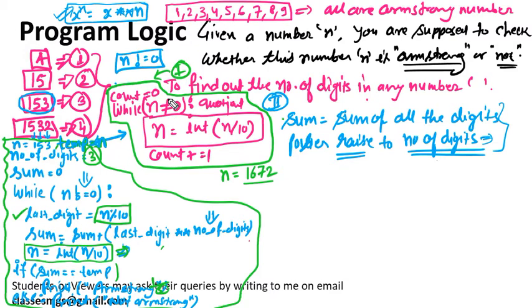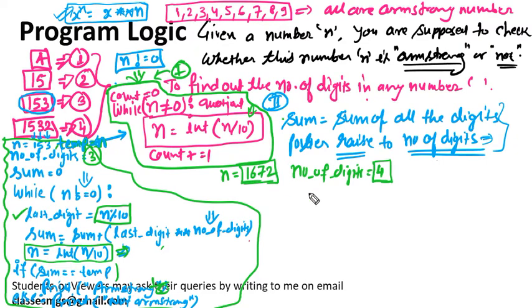This way it will work, because in this logic we are only skipping the remainder part. We are running the same loop here also, so you will get the idea. Let's suppose the number of digits we are getting already using this program is 4. I have already explained how this loop will help you calculate the number of digits. I am not going to explain it again because it will be time consuming.